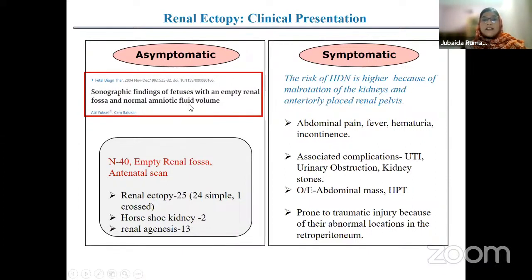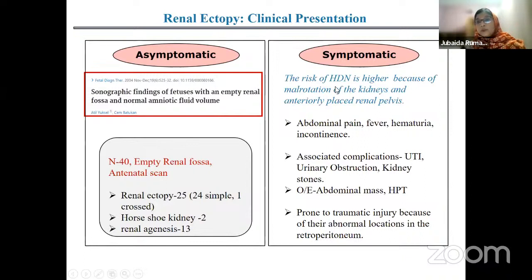In this article, they took 40 patients who had an empty renal fossa. Among these 40 patients, renal ectopy was present in 25 cases: 24 were simple and 1 was crossed. Two patients had a horseshoe-shaped kidney, and 13 patients had renal agenesis. But as renal ectopy has a defect in malrotation and an anteriorly placed renal pelvis, these patients are prone to develop